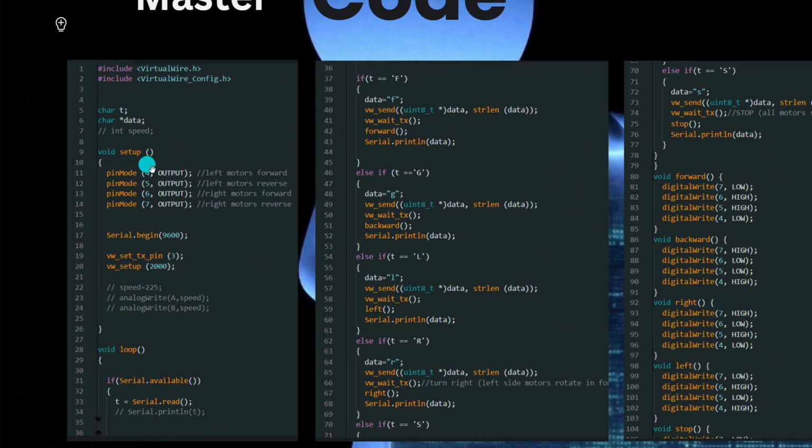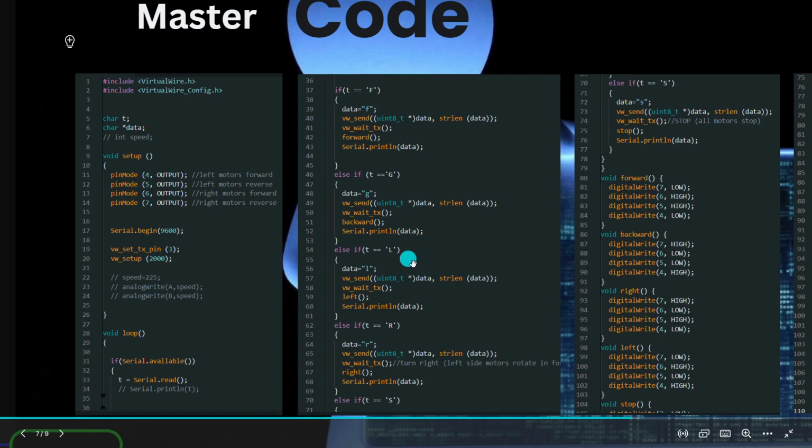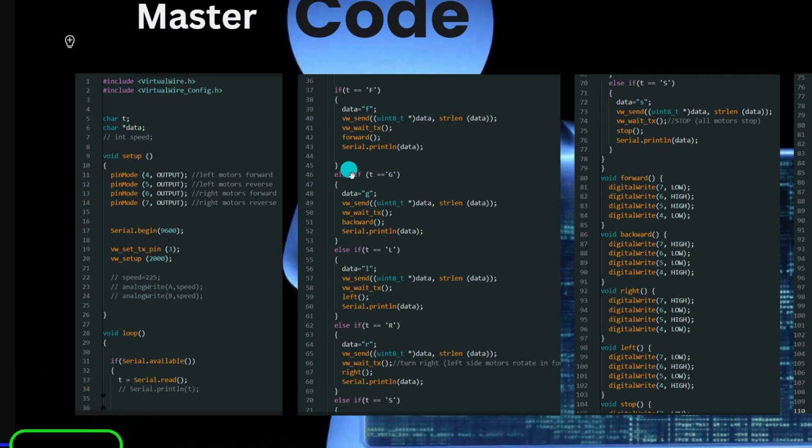In void setup, I have selected pin modes 4, 5, 6 and 7 as the output pins. Like in C or C++ programming, we have the main block of the code. In the Arduino IDE, we have void loop. The void loop is responsible for the final execution of our program. These are some basic conditions: if I press F, what happens? If I press G, what happens? Similarly,